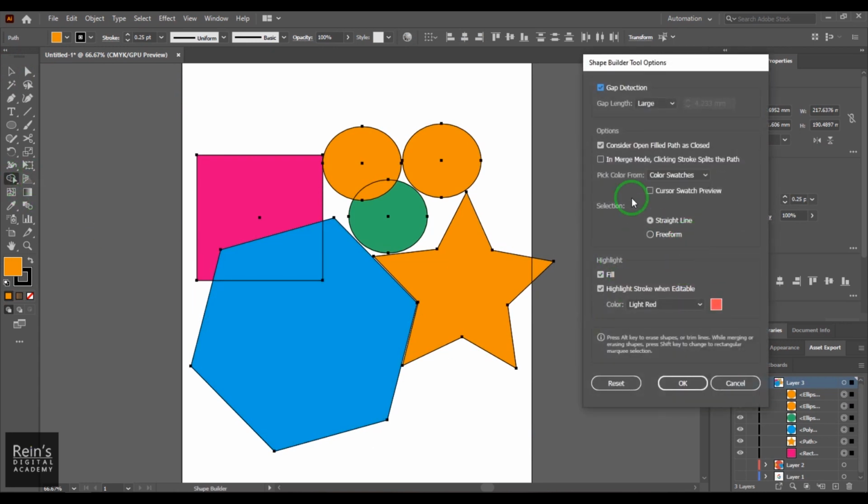So here we have the color swatch. I'll just put it back to artwork. This is a free form. Consider open filled path as closed. Okay, what that actually means is,